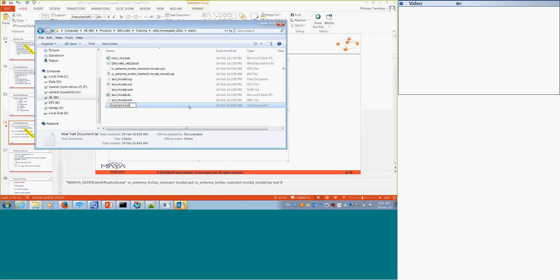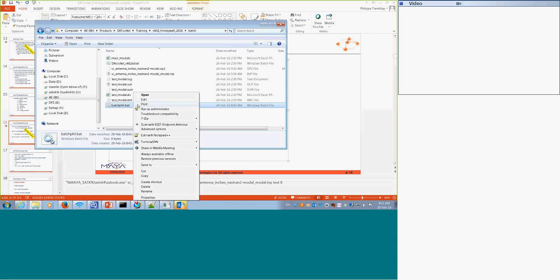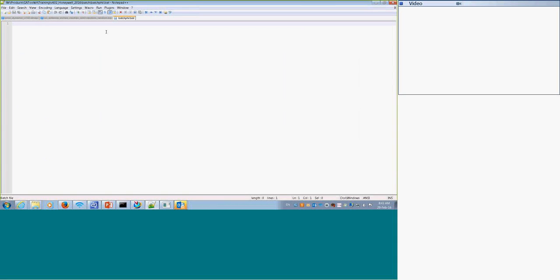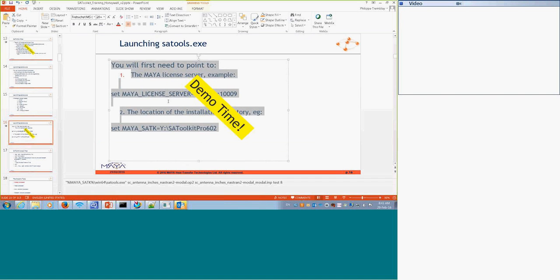So this batch file. You can do this directly in the command as well. I'm just using this editor, and I'm just dumping the contents of my slide here. This is an environment variable I've just defined for the location.